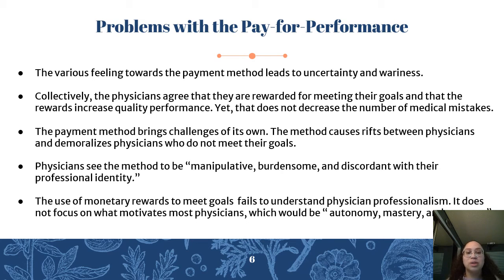The payment method also brings challenges of its own. The method causes rifts between physicians and demoralizes physicians who do not meet their goals. In another scholarly journal,